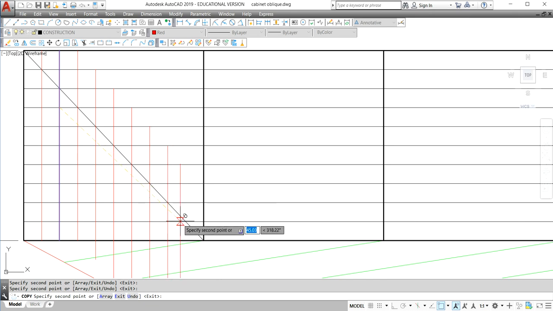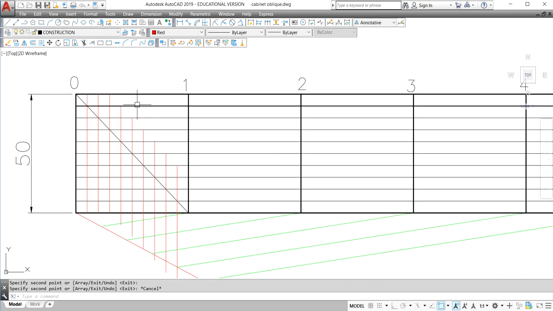Okay, I will arrange these. I'm going to do them properly. In your case, you just do it straight away. So from here,